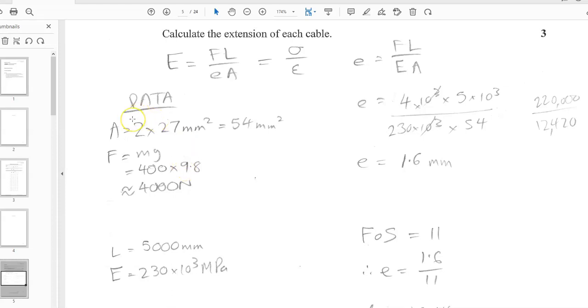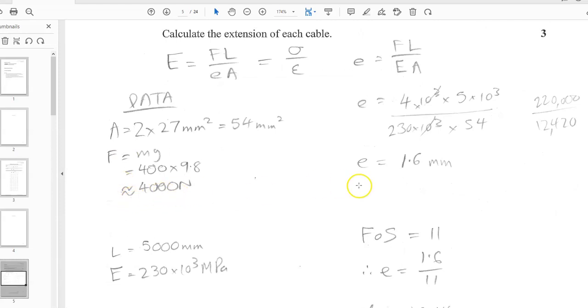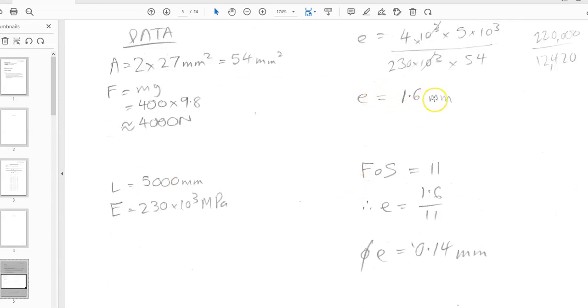Also, the area is doubled, which halves the extension. It's easy to double the area. Where I find most people have trouble is the factor of safety. So what I did is I did it without the factor of safety, and then I found the answer is 1.6. The reason I did it that way is so I could find out why so many people kept giving an answer of 1.6. And then I realized, oh, they didn't divide by 11. So I thought, okay, if I'm going to make something safer, is it going to stretch more or is it going to stretch less? It's going to stretch less. And so that's why the answer is